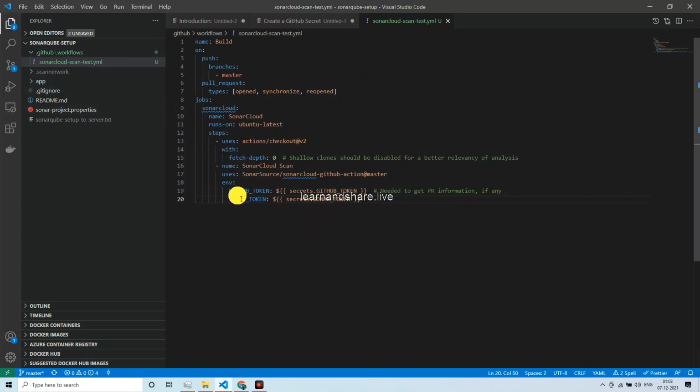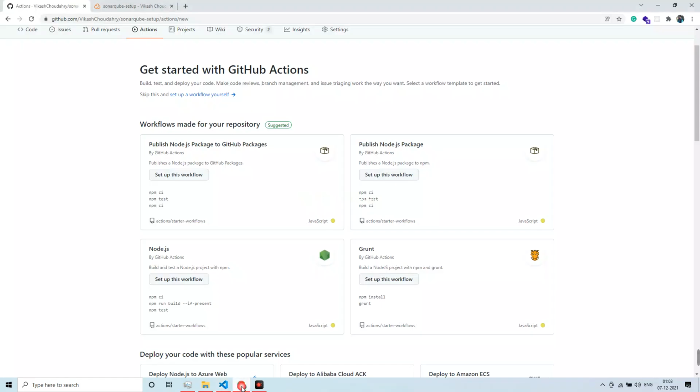And just to let you know, guys, we are seeing two environment variables, GitHub token and Sonar token. So we will be just creating Sonar token as an environment variable. We won't be creating GitHub token because whatever variable name starts with GitHub, these are system defined or reserved environment variables. So we don't generally create these, and even if we try to create it, it will throw an error. So we'll just create the Sonar token as an environment variable.